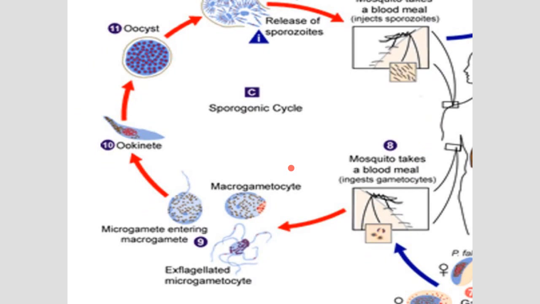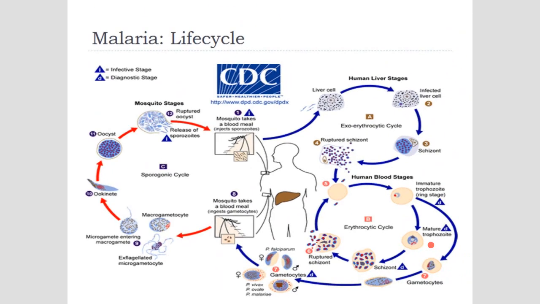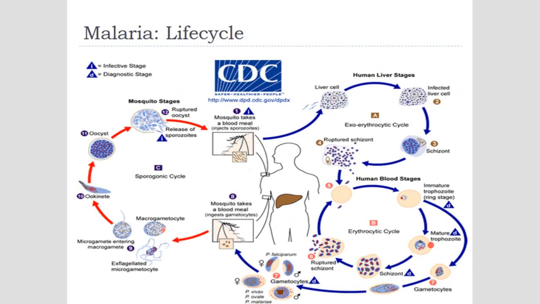So 3 major cycles are taking place. One is a sporogonic cycle, one is an erythrocytic cycle, and one is an exoerythrocytic cycle. So you can see the complexity of the problem, and you can also see what we need to do in terms of the treatment that we have to devise for malaria. Okay, so these are important life cycles for almost all the parasites that you will see, and they are available in detail. And again, as I said, maybe I would leave it on you to figure it out and do it over and over again till you get the concept.